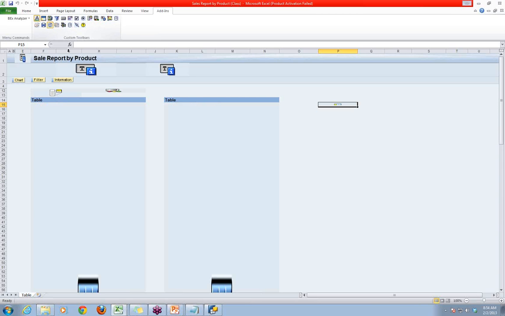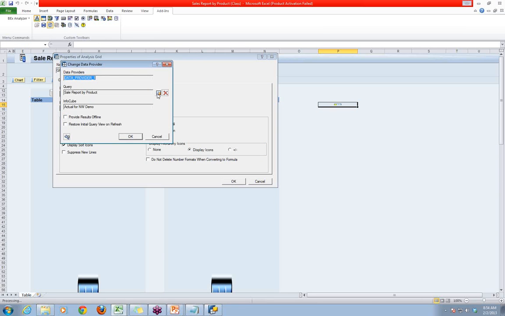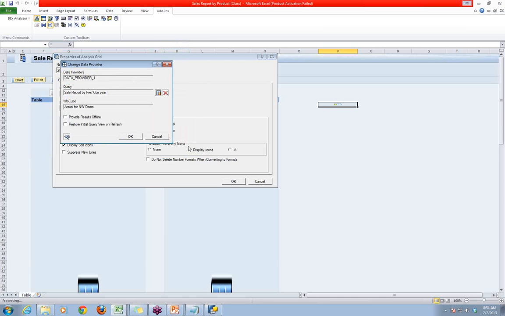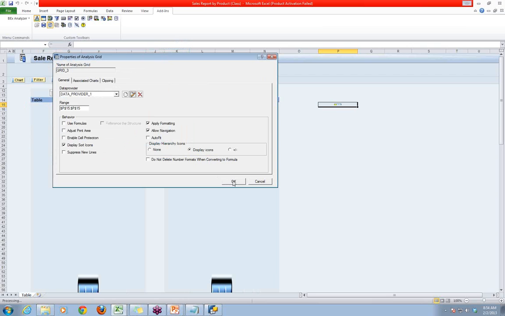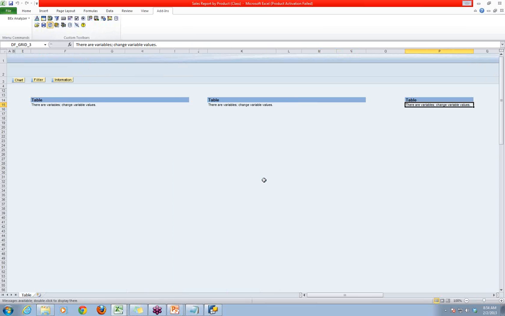So let's go here, select it here, I go inside, change info provider. So you click here, let's see. Previous year, current year, pull that in, do an OK, auto fit, and do an OK. And hopefully we will be able to get